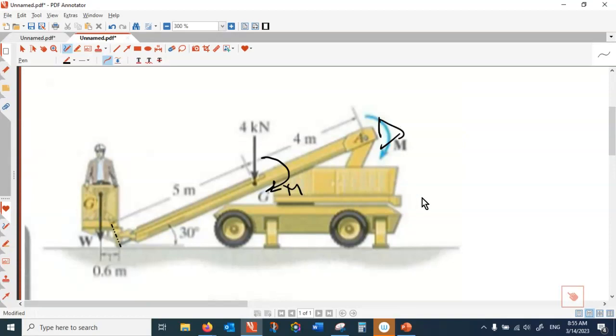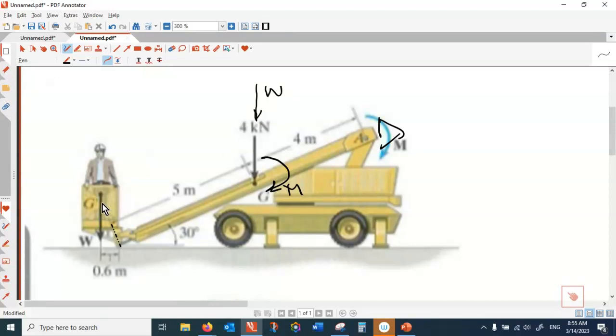4 kilonewton, I don't need to move it. I keep it where it is. And then I want to bring W to here. For that, I have to pay a penalty. How much penalty do I pay? The penalty I pay is I put W right here,